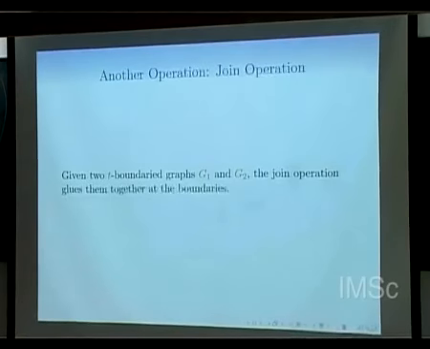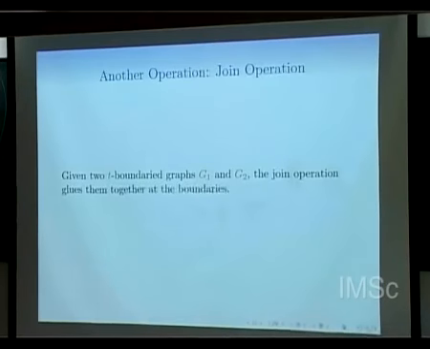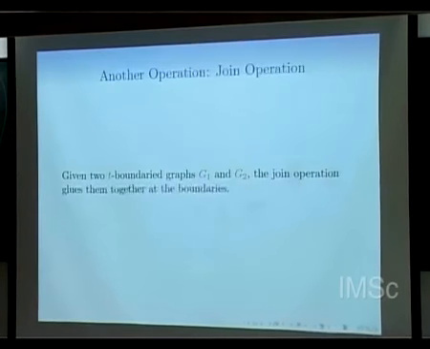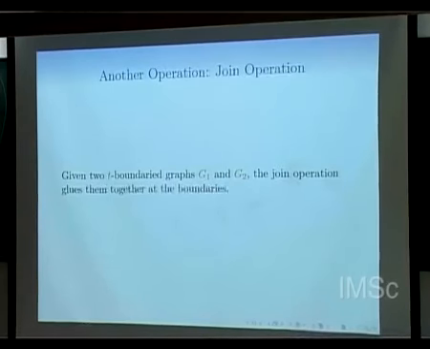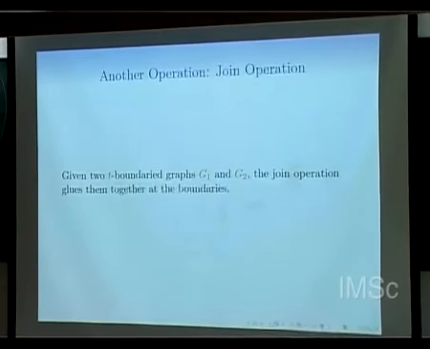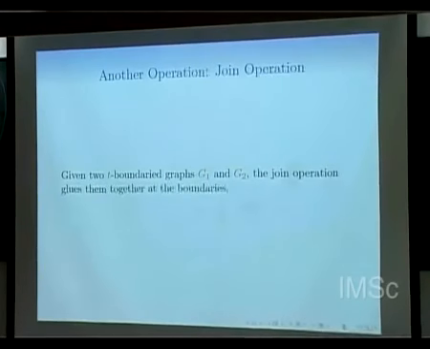Okay, so finally, let me introduce another operation on these T-bounded graphs. So what did we do? We defined T-bounded graphs. We defined 2 operations: introduce and forget. And what did we get? We got something called path width. Now let's introduce the third operation. What is the third operation? Given 2 T-bounded graphs G1 and G2, the join operation glues them together at the boundaries. It will just glue them together at the boundary. For example,